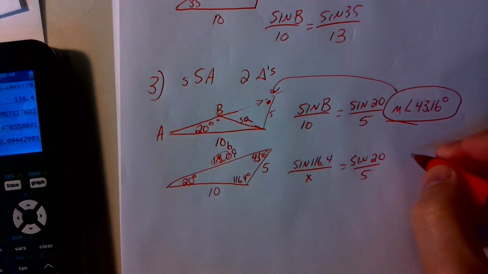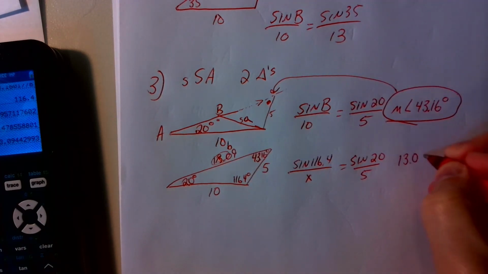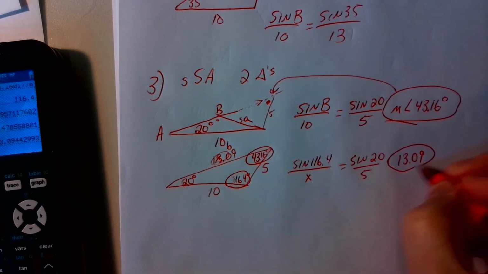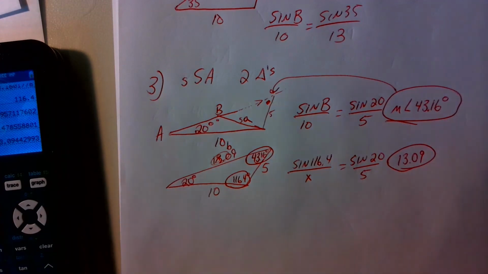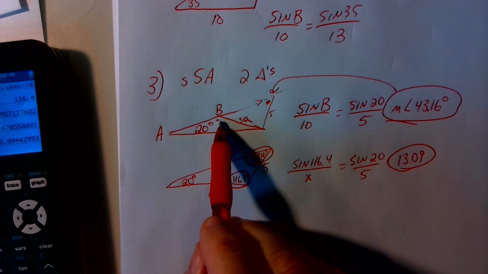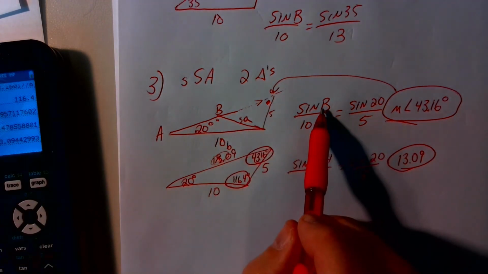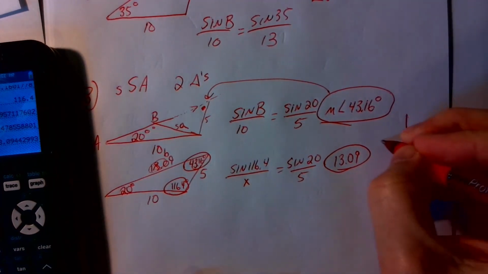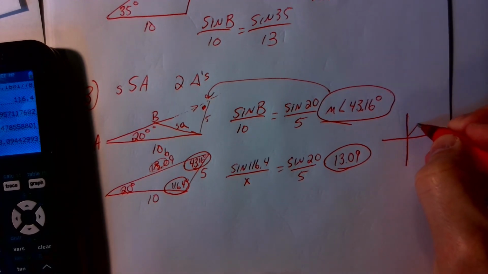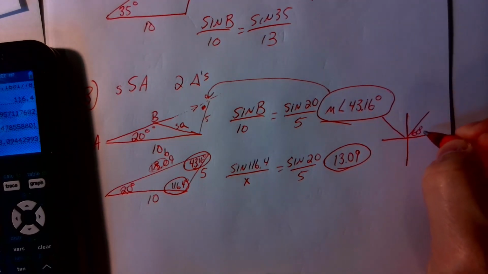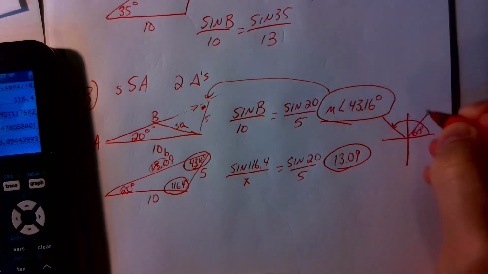So now I've found all of those things, right? I found my missing angle there, my missing angle there, and my missing side, 13.09. But how did I lose this other triangle? Well, the issue is that when we're using law of sines, I'll give you this little example right over here. When we're using law of sines, the sine of a 60-degree angle right here, and the sine of a 120-degree angle right here,